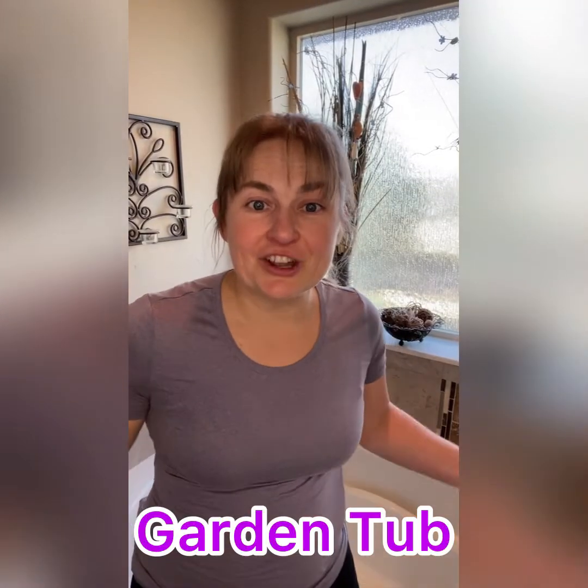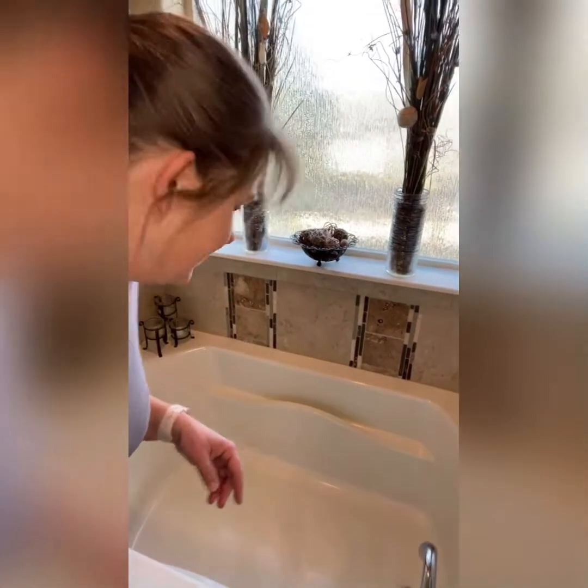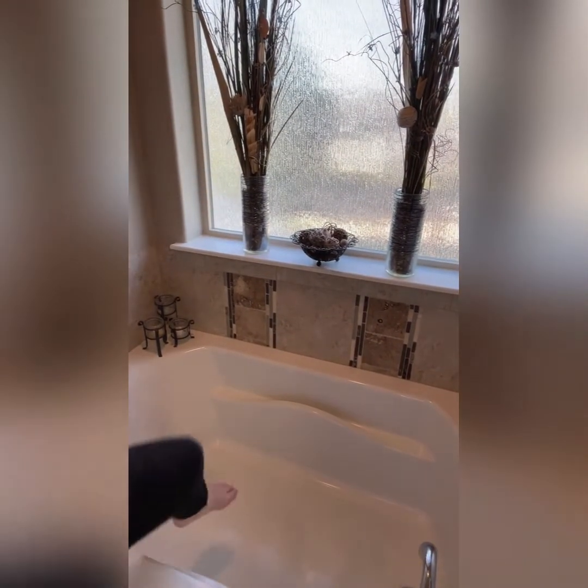All right, next we have the garden tub. We all love them, but we hate to clean them, right? Because it kills your back to lean over those suckers. So I want to show you some simple ways to clean your garden tub. All right, first one,